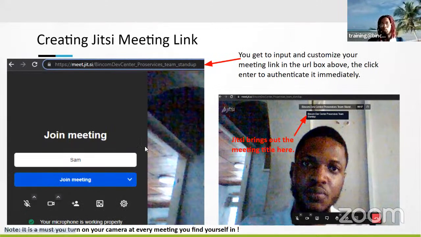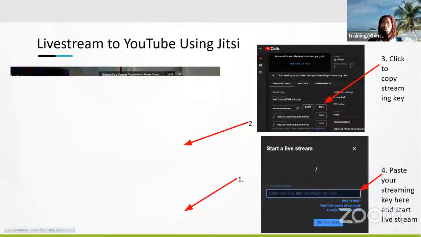Because it's related to Bincom Dev Center, you need to make it look like this: Bincom Dev Center underscore your project team, the name of your team and whatever project it is. Most of the time, the name would need to be approved by a senior team member or your team lead, just to make sure that you have it right. Once you have set it up, the URL is ready for use.